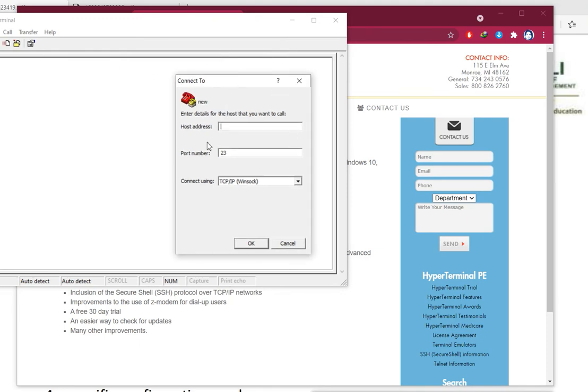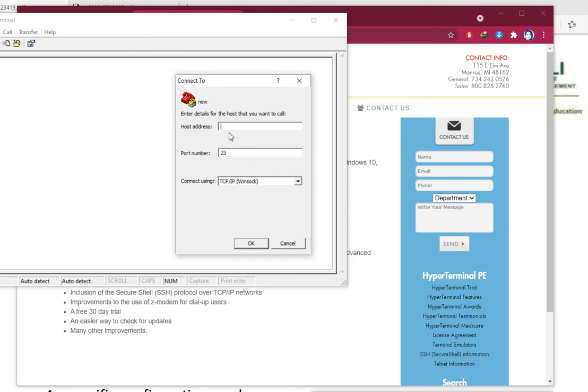Here it is not showing the serial port information, because there is no serial port in my machine and it is not connected with the router. If it is connected with the router, then it will show you the serial port, and it will also show you the dial-up connection information, so that you can dial in to connect also. Right now we don't have that, so it is directly asking for a Telnet connection. It is not connecting the serial.